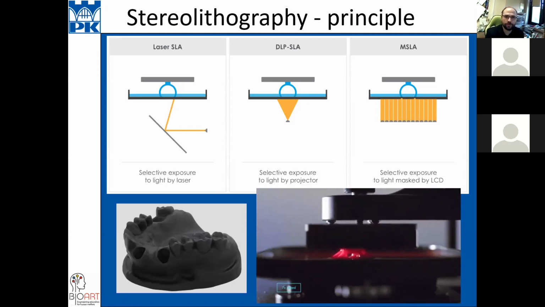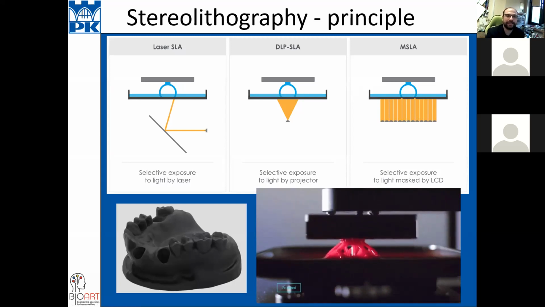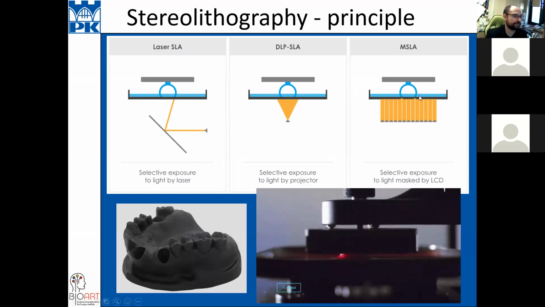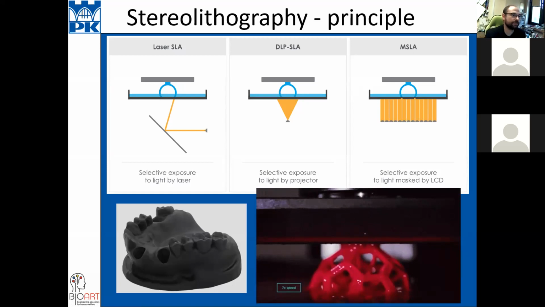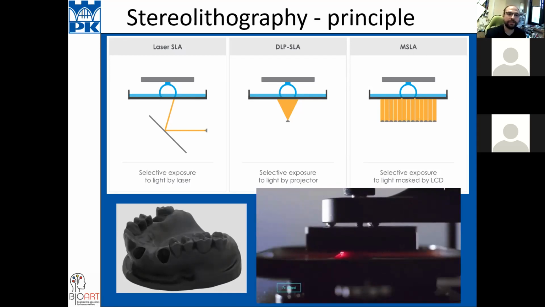We don't want to change the structure there, and the rest of the points on the screen, which we want to harden, we make transparent.